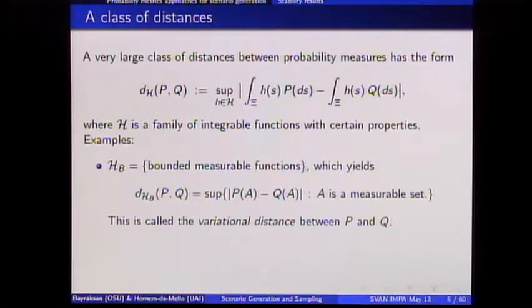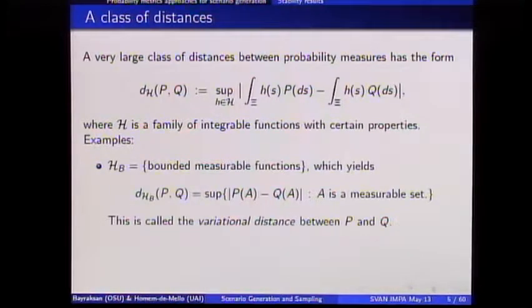So it turns out that one can write this distance as just the supremum of the difference between P(A) minus Q(A) for any possible set A, any measurable set. Okay, so that's what we would get here, right? So if you take h being all these functions, this is the maximum value of P minus Q for any set. Okay, that's too much though, right? That's too fine for our purposes. Do you agree? Why is that? Because, for example,